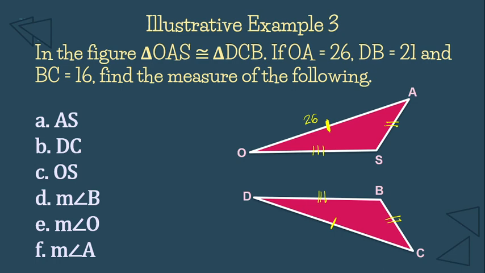And then, for the angle, so angle O, katumbas niya ay si angle D. Then, si angle A, ang katumbas niya ay si angle C. And then, si B, ang katumbas niya ay si angle S. So, here, meron pa tayong given dito na